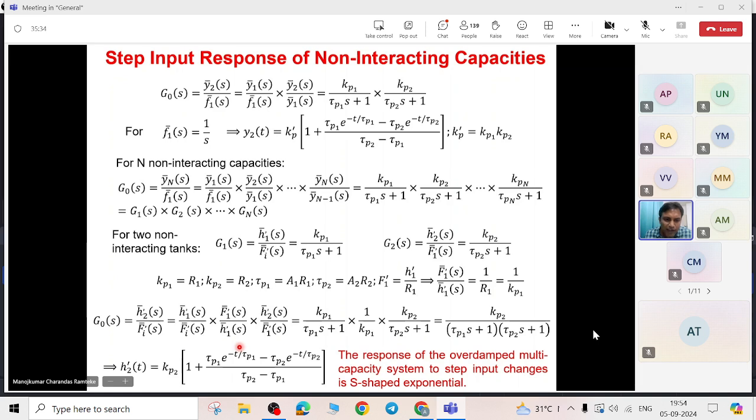This H1S will get cancelled out with this H1S. And finally, I'm going to get H2S divided by Fi dash S. So this additional term, this